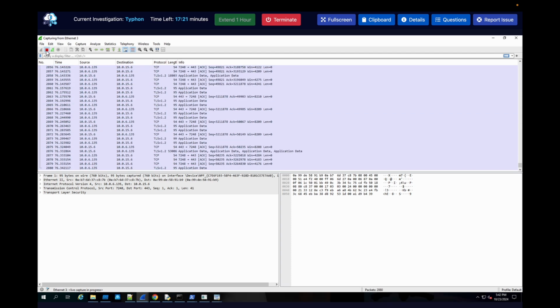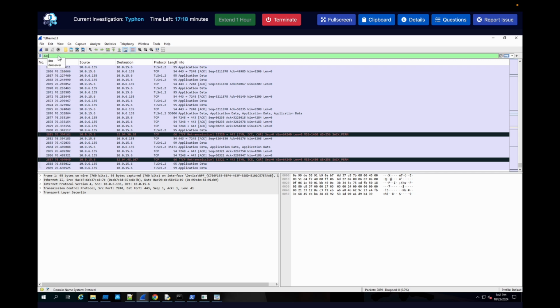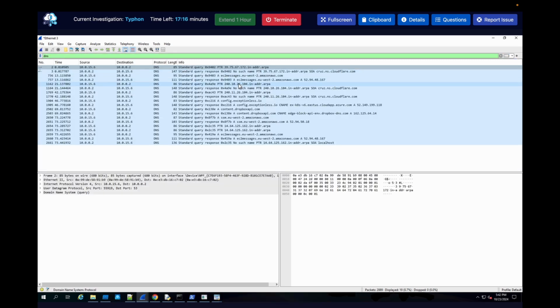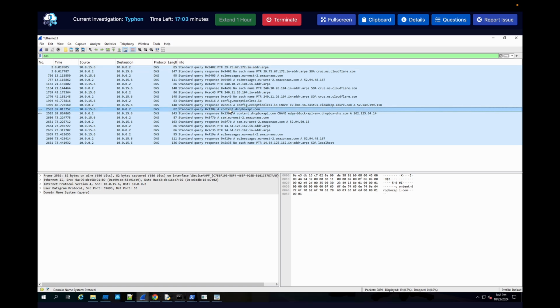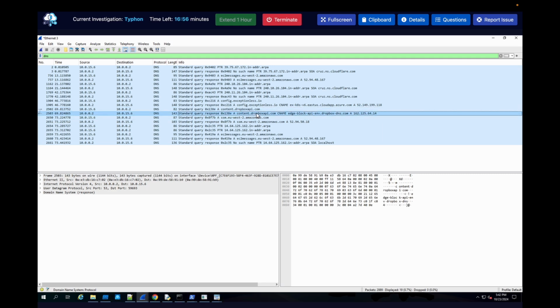Let's just pause it real quick and filter for DNS. And yes, we do have a lot more information. Let's see. See a message of Dropbox API. Dropbox is a cloud service. See another one. We can ignore the EC2 ones because this is a virtual machine. Yeah, ignore the EC2 and Cloudflare. But this one right here,